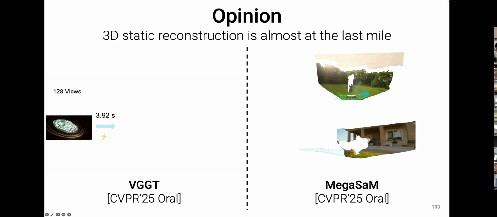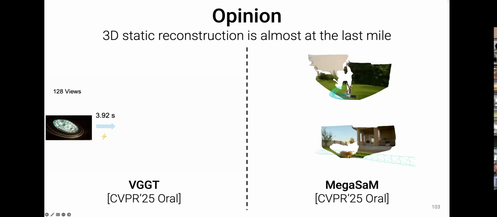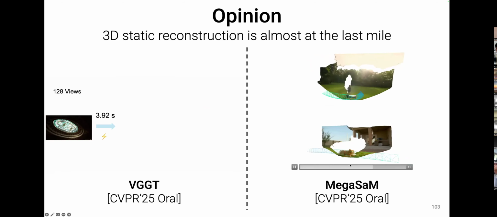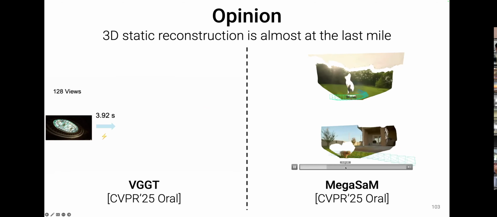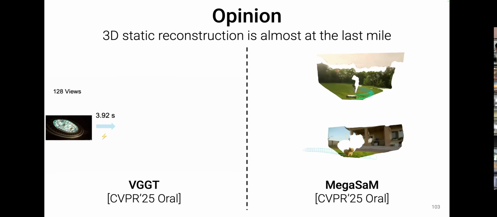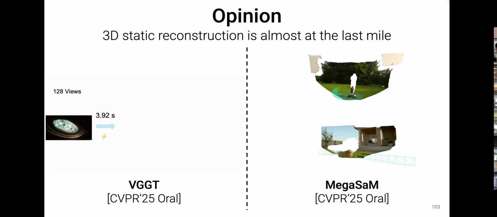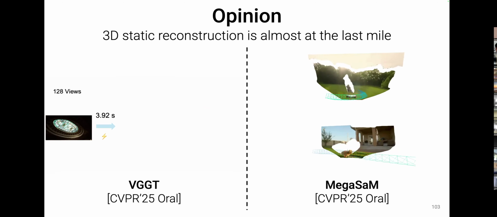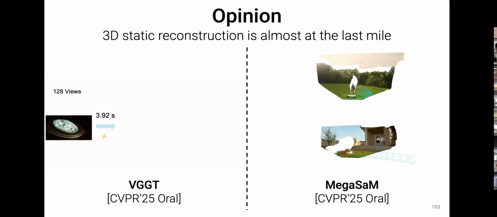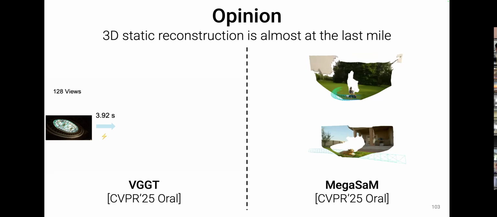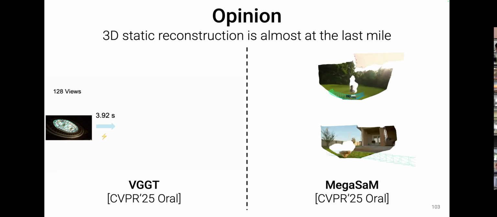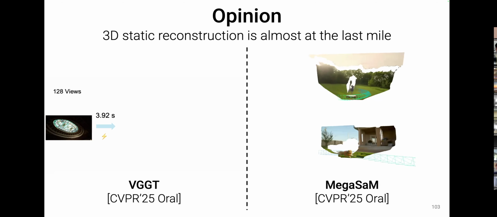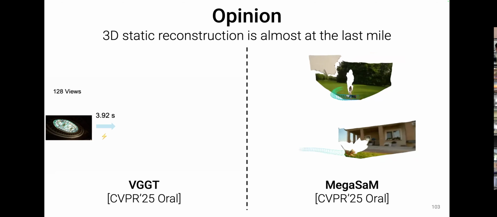With MegaSam, you can also get a really high quality point map as output, even for dynamic scenes. You can model these dynamic objects explicitly, and you can get pretty accurate camera poses, but they cannot really go up to a really long sequence. So we actually benchmarked with our WildGS-SLAM, and ours could give better